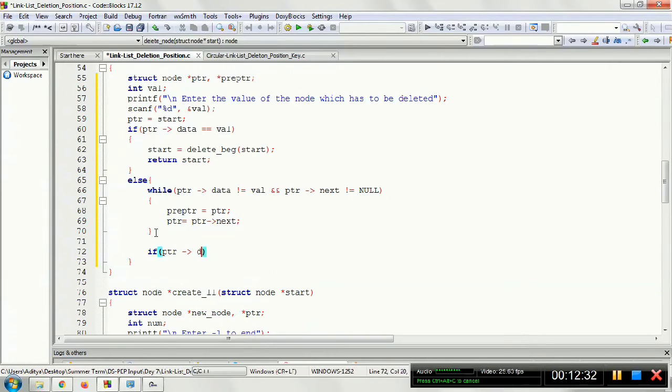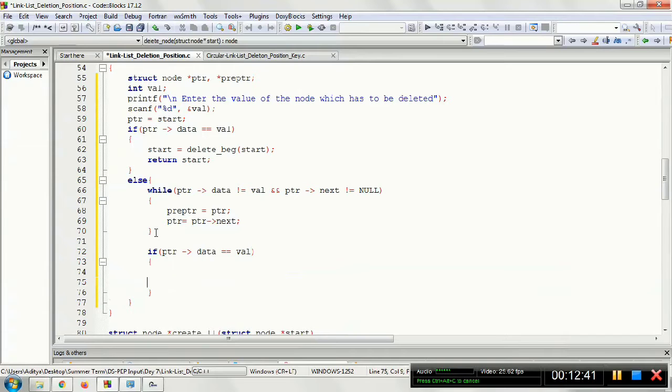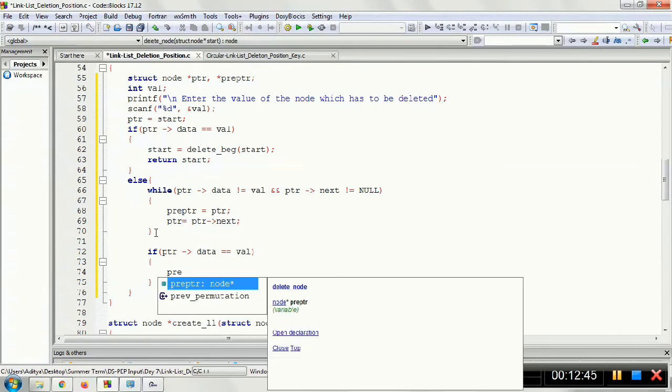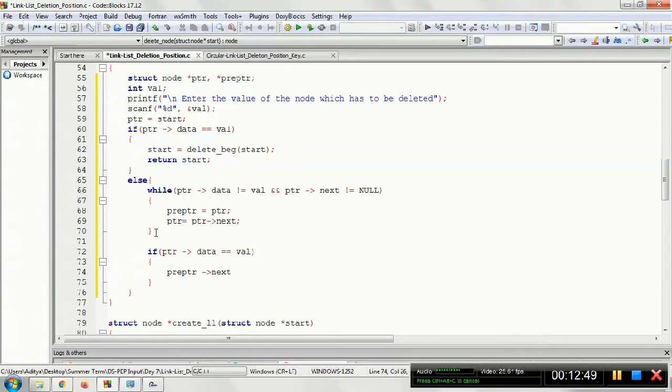So if PTR data is equal to value at this moment, then I can continue with the further steps. How can we do it? Same pre-PTR next, because the PTR has to be deleted. Whatever the PTR next, the next node of the PTR, should now be present in the pre-PTR next. The linking has to be done.